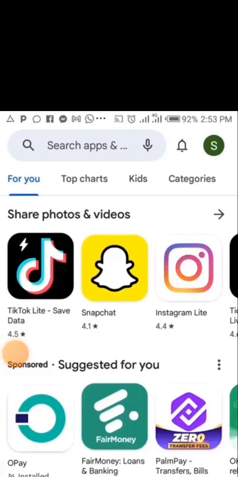Store. You open your Play Store and then you ensure that the email you want to use is what you have set. You set it to it. You go to this place and click. You see where this arrow is? You click there,